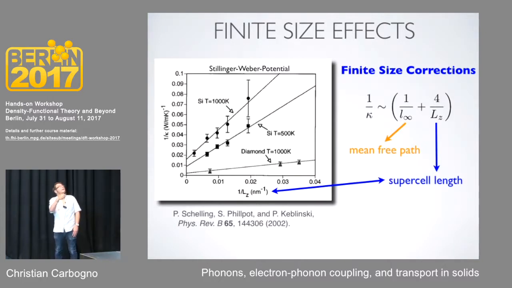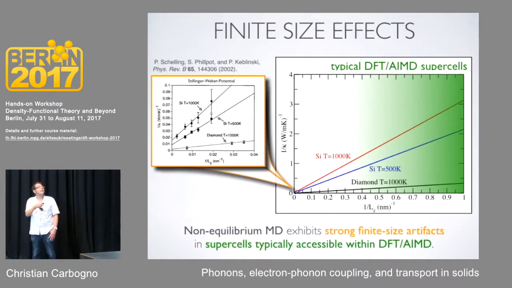Now, I've shown you these are for classical potentials. If I try to plot the typical length scale here in green that I would use in first principle calculations, you see we are on a completely different order of magnitude. So you would need to extrapolate from something that is in the order of 1 down by 2 orders of magnitude. Now, this is first numerically inaccurate and really, really tricky to get accurately.